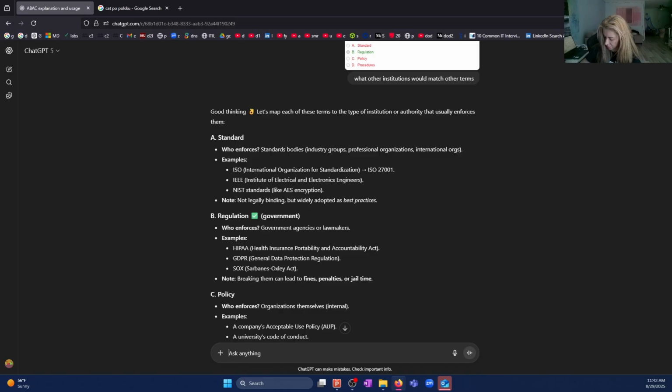HIPAA, Health Insurance Portability and Accountability Act. I will write this down. Portability, because I forgot what that stuck means. Portability, Accountability Act.